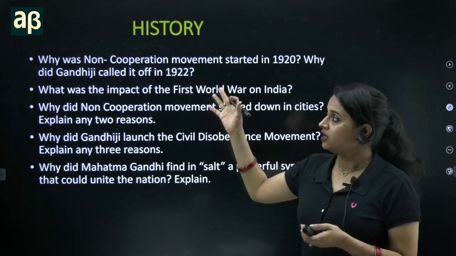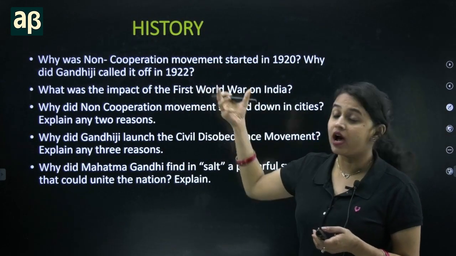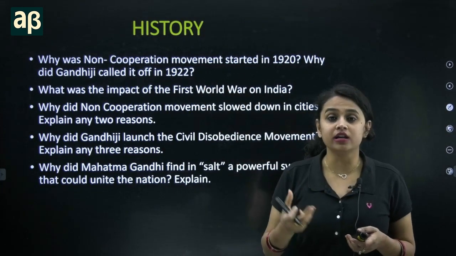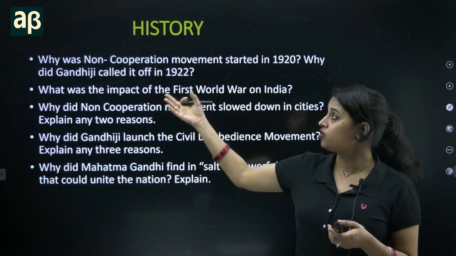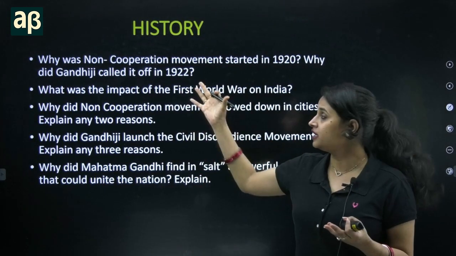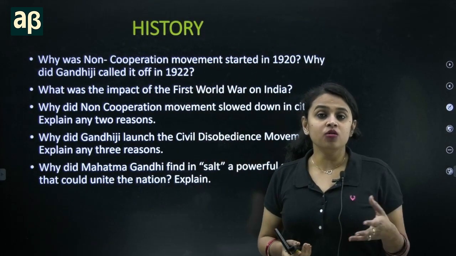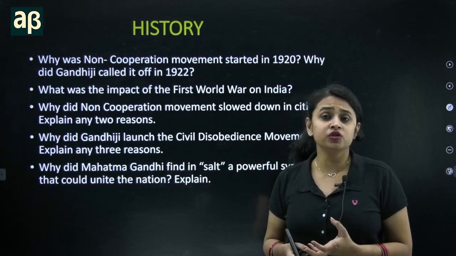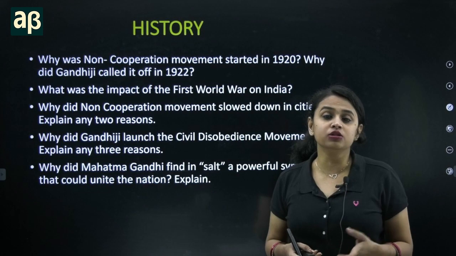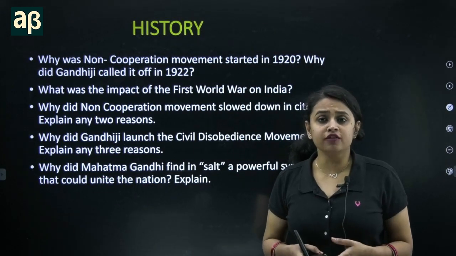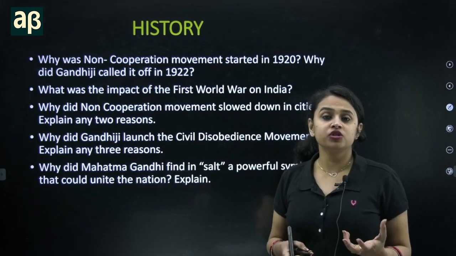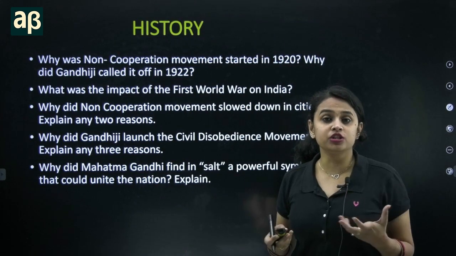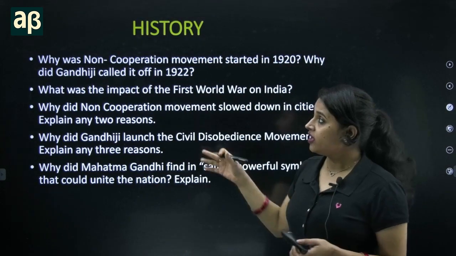This movement was started by Gandhiji because he was looking for an opportunity to unite the Hindus and Muslims, and because of the Khilafat issue, he got this opportunity, he got the cooperation and the unity of the Hindu and Muslim community, and therefore we see this